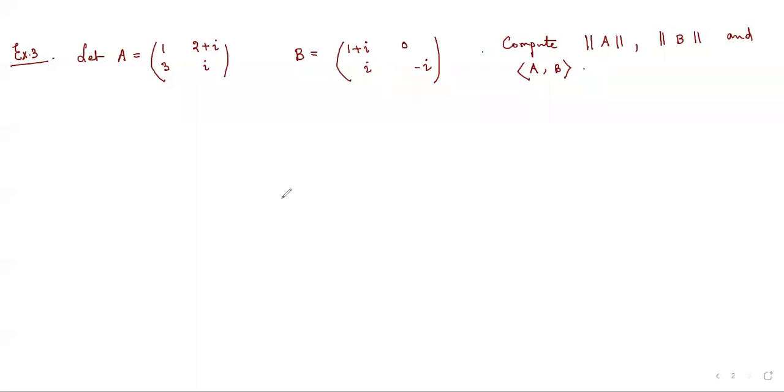There is a very well-known theorem which can give you this idea. When we talk about the norm of A, what does it actually mean? It means the inner product of A with itself and the positive square root of that particular thing. Okay. Norm of B means the inner product of B with itself and its positive square root.